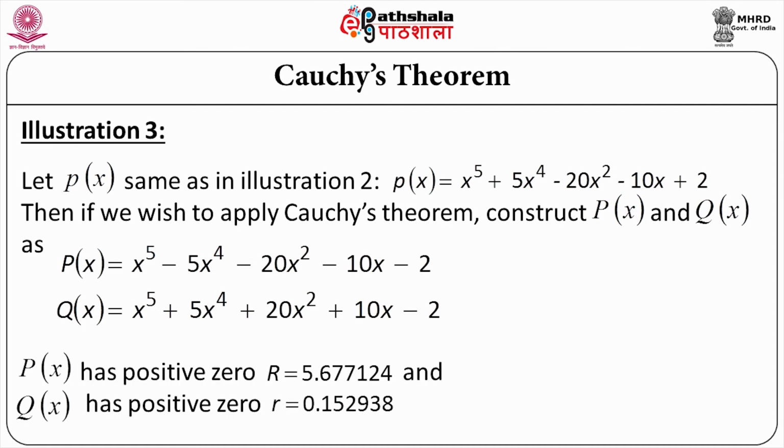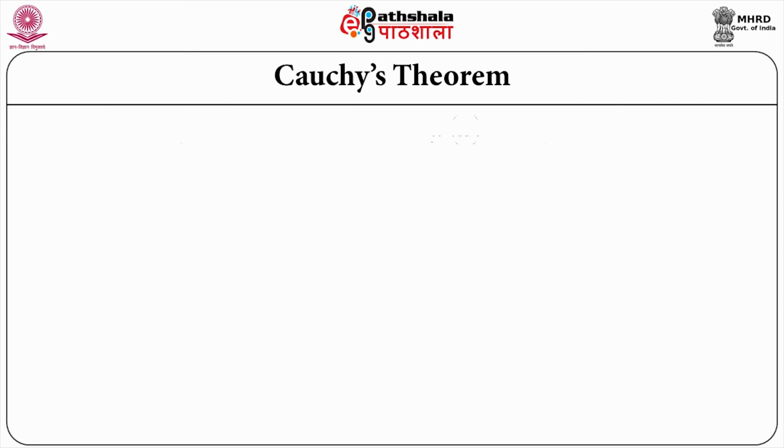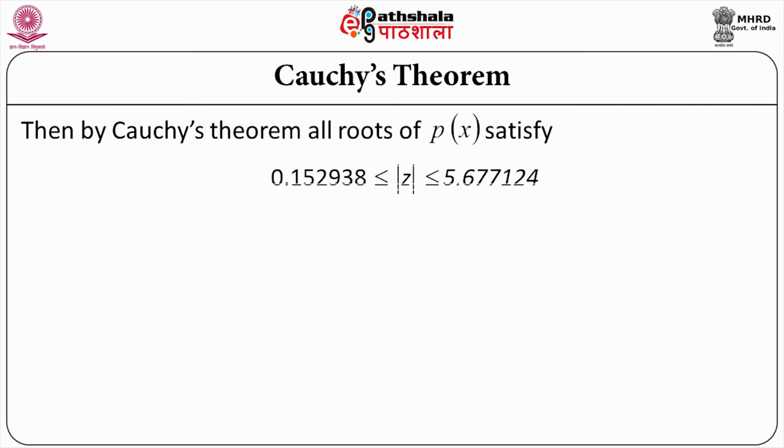Now, we can determine by any method; I have used the Newton-Raphson method to determine the positive zero of capital P x and the positive zero of capital Q x. There is only one positive root of P x, and it comes out to be 5.677124, and the positive zero of Q x comes out to be 0.152938. And so, this tells us by Cauchy's theorem that the roots of this polynomial p x have to lie in the annular region between 0.152938 and